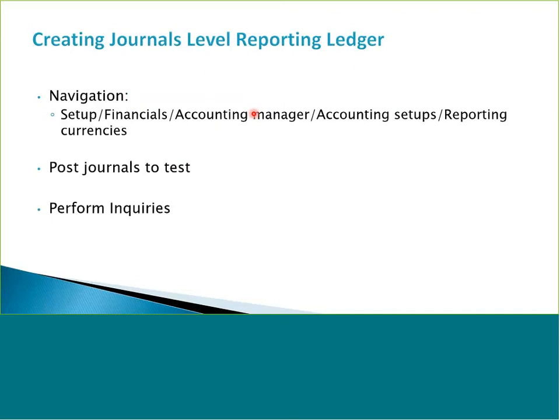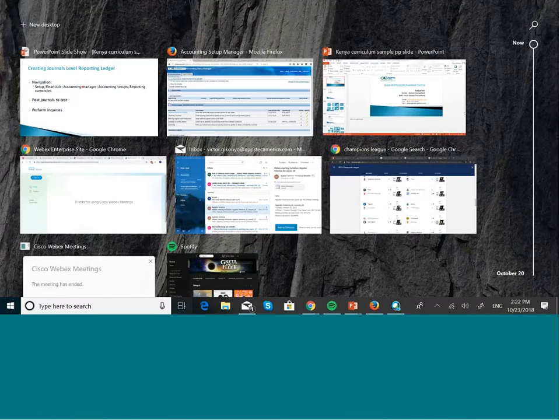Now remember, when we created our primary ledger, we had to assign a data access set to a responsibility, so that we could be able to access the primary ledger. So a responsibility is how you are able to access a ledger. But what happens in the case of the reporting currency ledgers? So in order to find out, let's go to